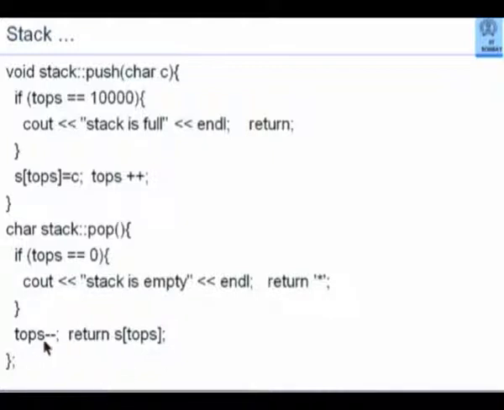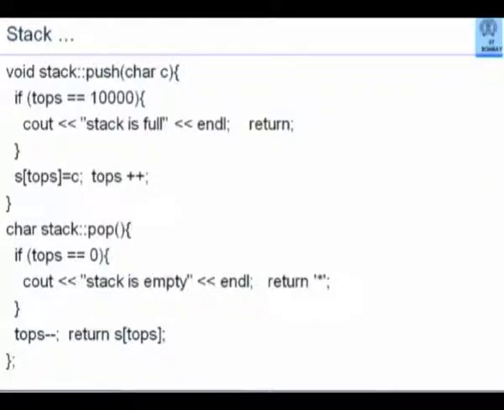Therefore, I reduce topS by 1 and return S[topS], where S is the character array that I have defined. So whatever is the topmost element actually existing in the stack is taken out and is returned, and this return is in tune with the char type that is declared. So this is like my ordinary function.